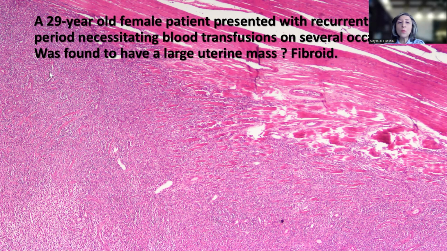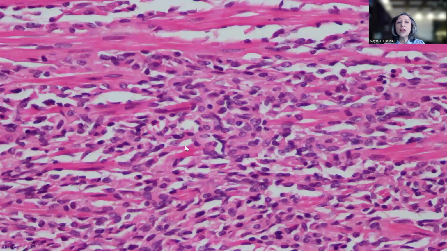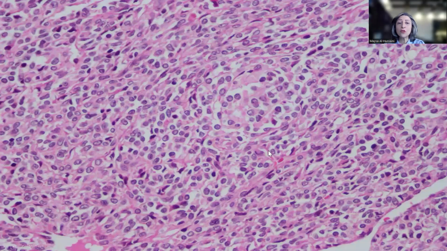And this is the low power magnification of the edge of the mass. As you can see, most of it is circumscribed. However, here there is a limited amount of infiltration into the adjacent smooth muscle fibers or myometrium. On higher power magnifications, the cells are growing in sheets with some acidophilic cytoplasm. And here it really gives some resemblance to